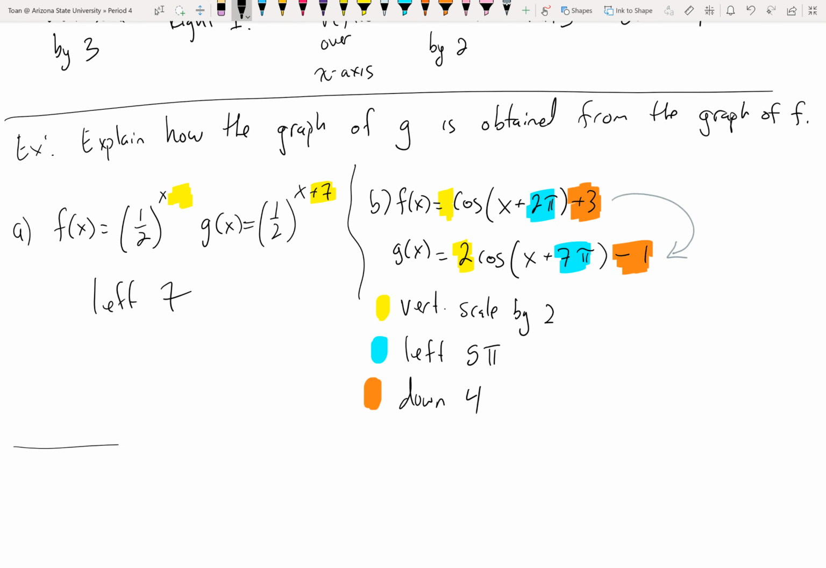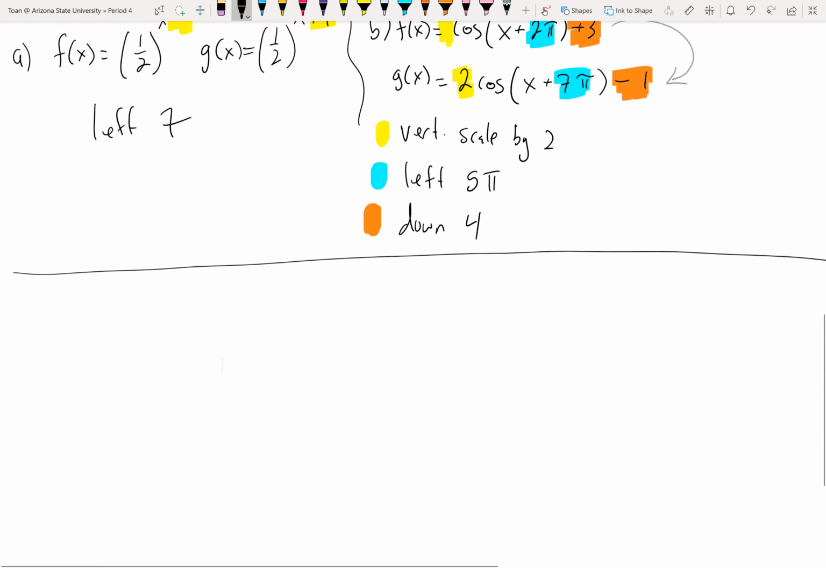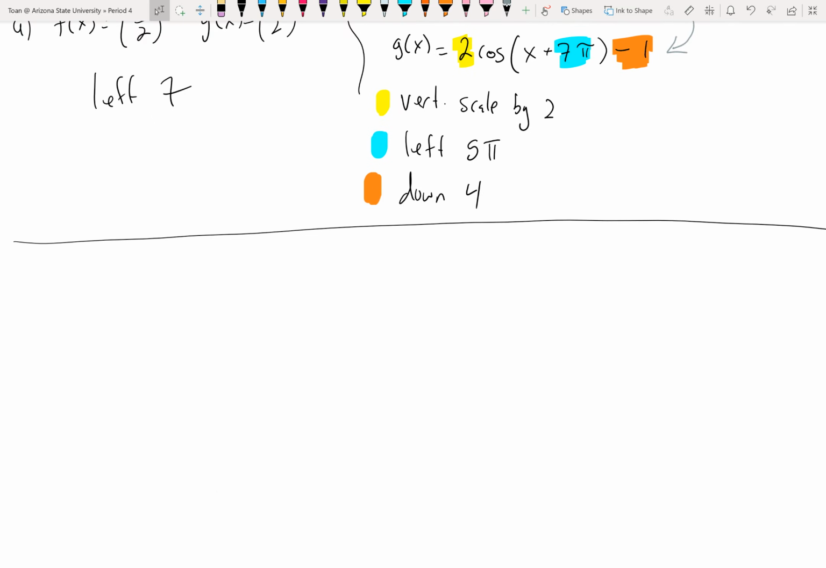So being able to read or spot the differences and then read the transformations is nice, but we should be able to go backwards. If I give you the transformations, we should be able to produce the equations. For example, if f of x equals, let's just do the square root function. I could have used the absolute value function. I could use the quadratic function. It doesn't matter. If f of x equals the square root of x,